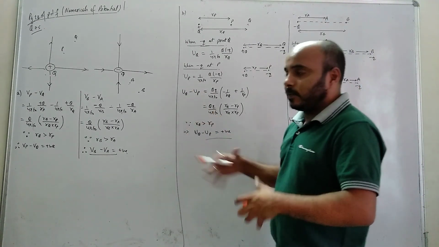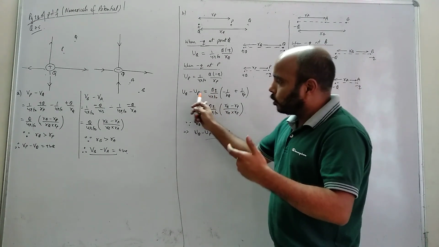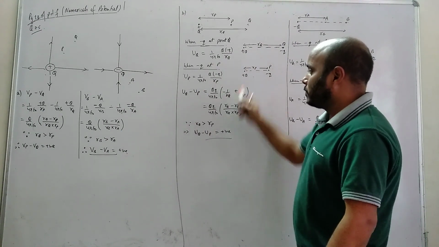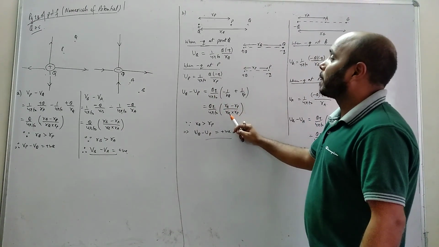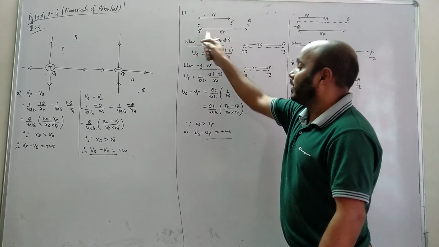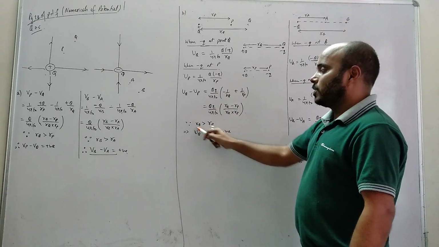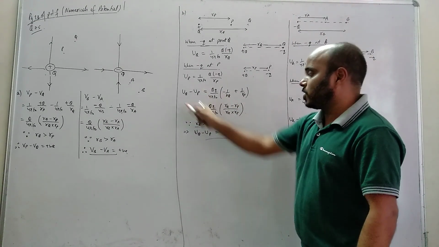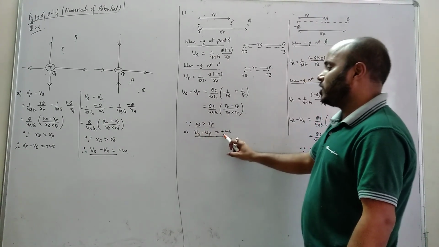You can subtract either way. You do not need to think that you must do UQ minus UP; you can do UP minus UQ. It's okay. After subtracting and substituting the values, you will get this. Now see, is RQ bigger or RP bigger? RQ is bigger. So bigger minus smaller means it is positive. Since RQ is greater than RP, this becomes positive. That means UQ minus UP is positive.